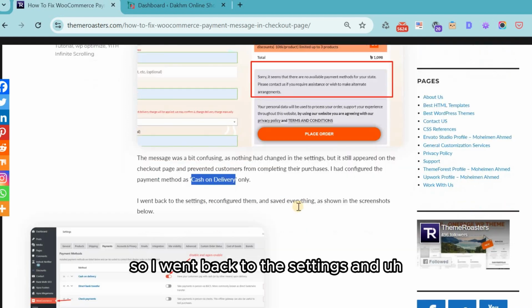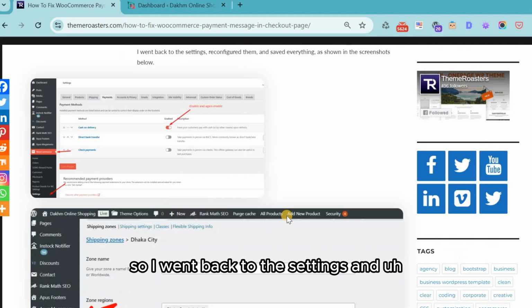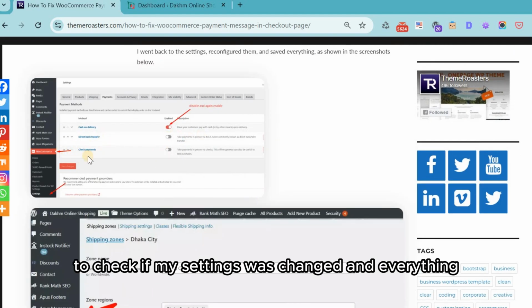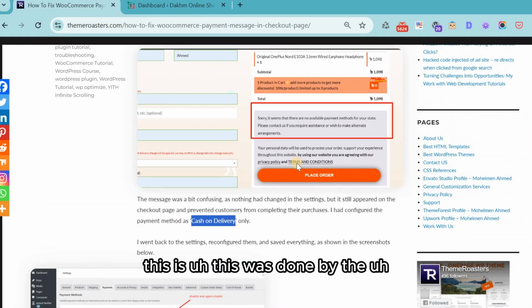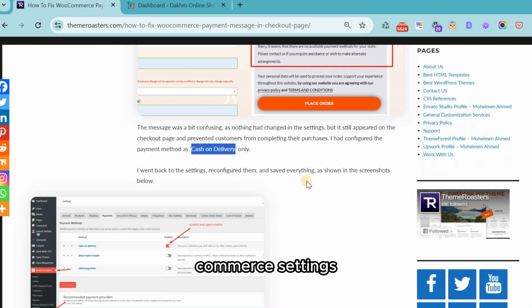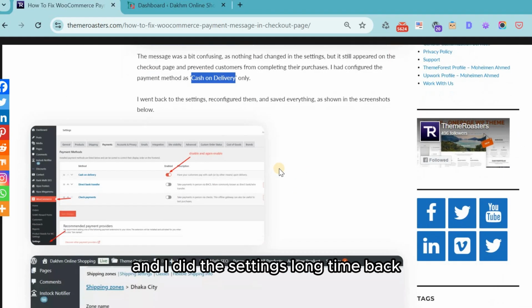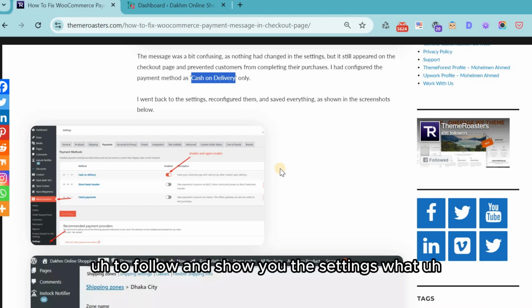So I went back to the settings to check if my settings had changed, because this was done by the WooCommerce settings, and I did the settings a long time back. To follow along and show you the settings,